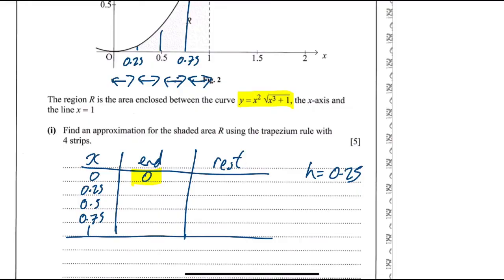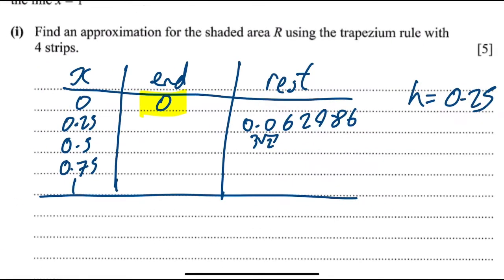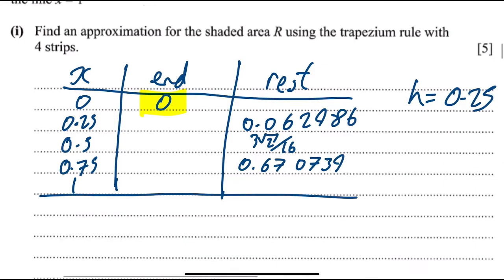And the rest of them then, so to get this one 0.25, you put 0.25 in. So 0.25 squared times the square root of 0.25 cubed, then plus 1. And that worked out as 0.062986. The next one worked out perfectly as 3 root 2. Sorry, I'll zoom in on this. 3 root 2 over 16. The next one was 0.670739. The next one worked out perfectly as root 2. So add up that column, you get root 2. Add up this column, you get